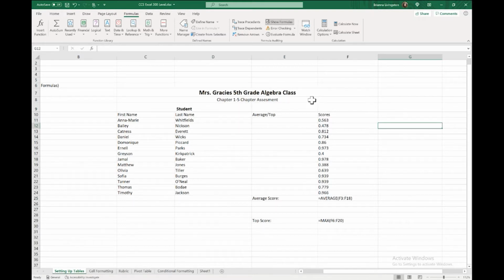There's no data here. So how is it factoring in anything there? And then F18, our data ends on line 24. So that means we have scores missing. If I click on this, it shows me exactly what range is being calculated, which is incorrect. So I want to go ahead and fix this.